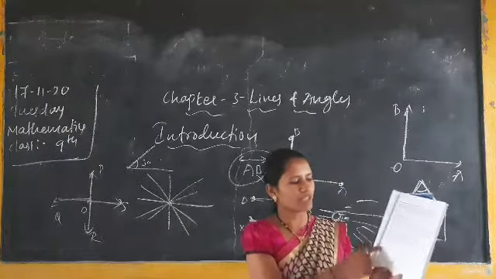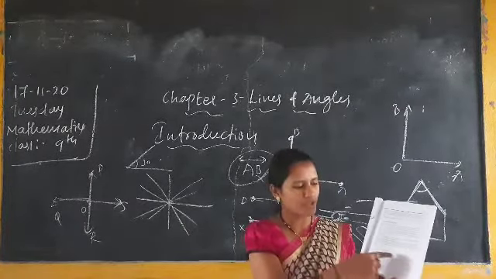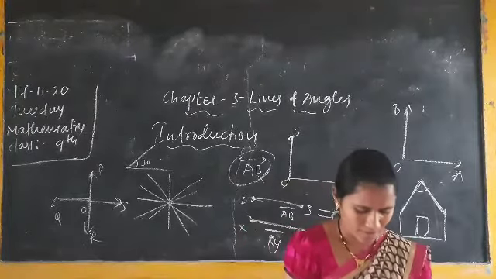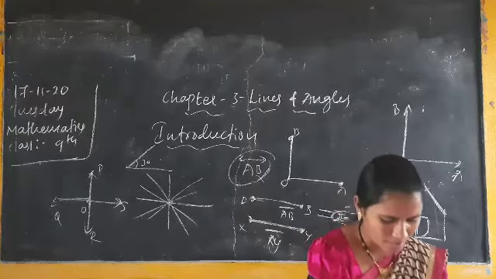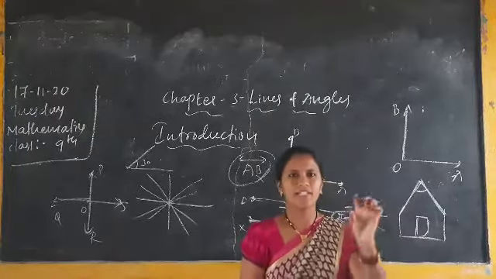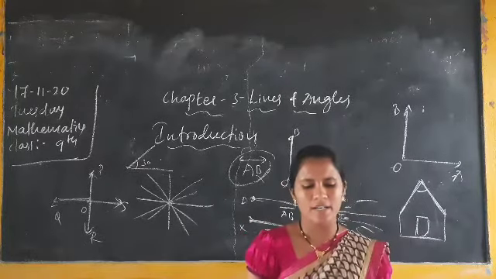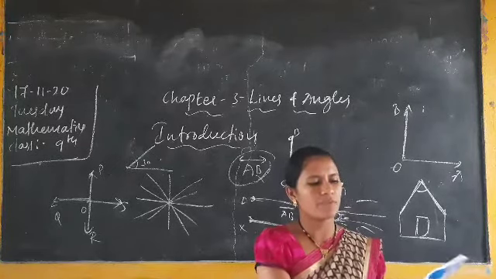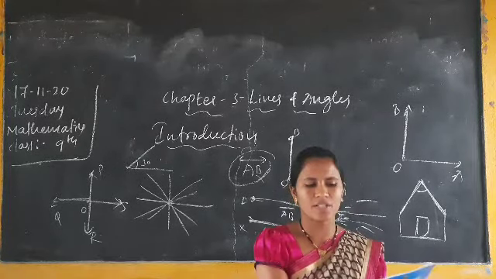On page number 40 they have given a clear picture. You should draw and write the definitions of all these types. Okay. Next, on page number 41 they have also given definitions. You should write the definition and draw the diagram. First, all these definitions are given on page number 41.